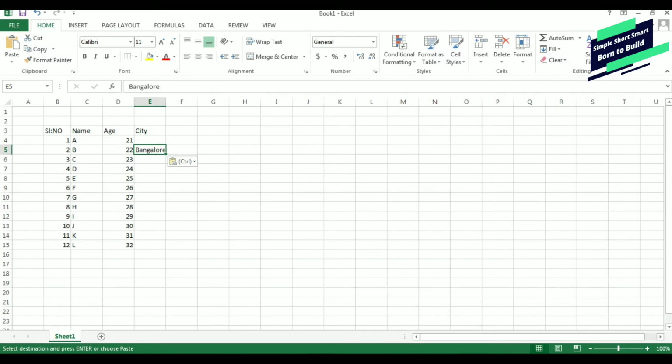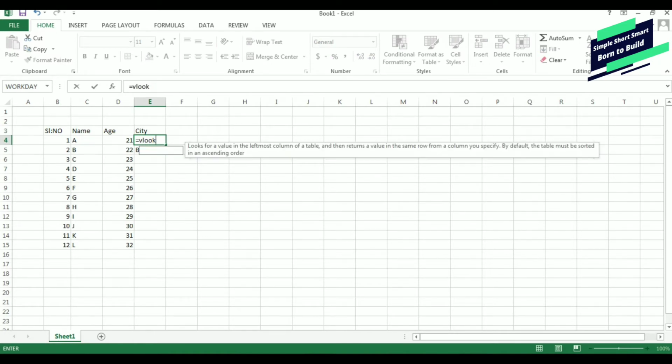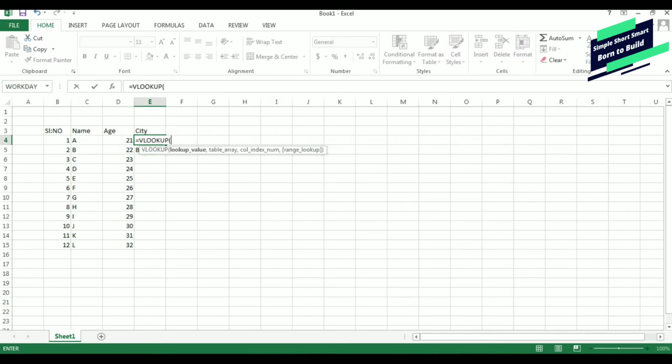So this is why we are going to use VLOOKUP. With the help of VLOOKUP, it is a perfect and excellent formula to bring the data from sheet 2 to sheet 1. So this is what we are going to learn now. Just go to column E and type equals and VLOOKUP. The formula is displayed here. You can click on the formula, or else you can press the tab option. I am pressing the tab option and the formula is applied here.